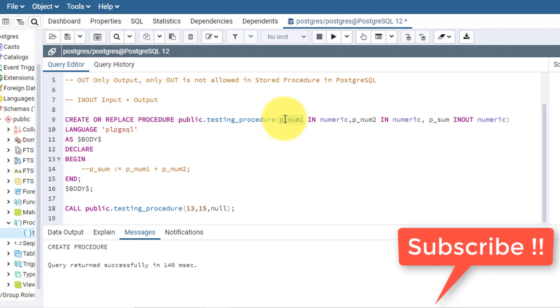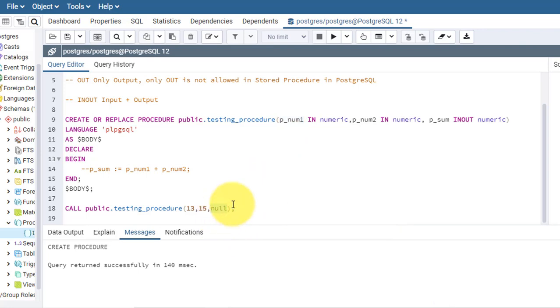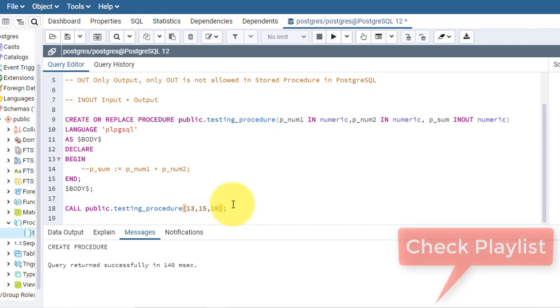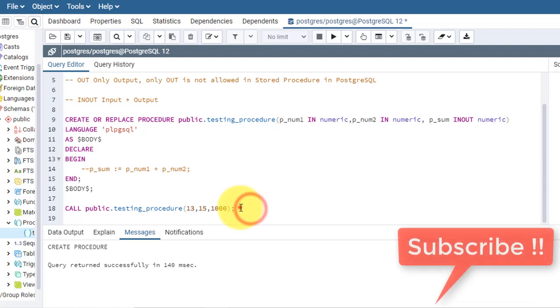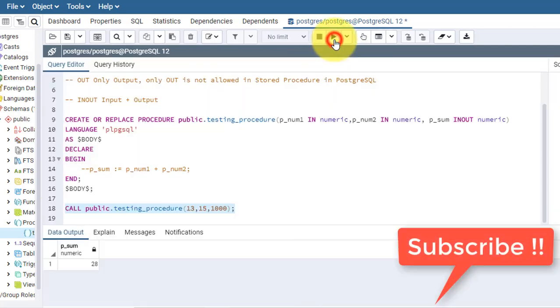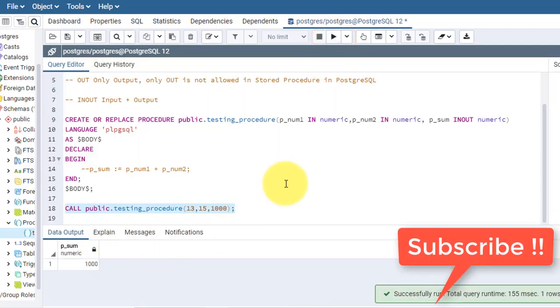So in that case I'll pass one value, suppose 1000. Now, as I'm not assigning any value to p_sum, that is the inout parameter that gives me the output, by default I am passing 1000 and it will give me 1000. So let's check it. So it gives me 1000.